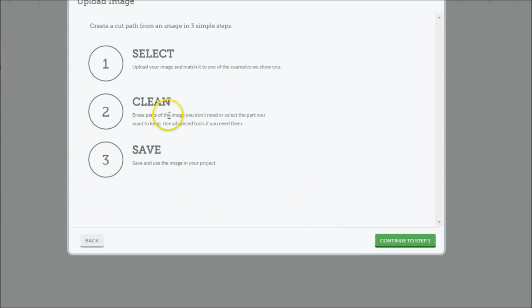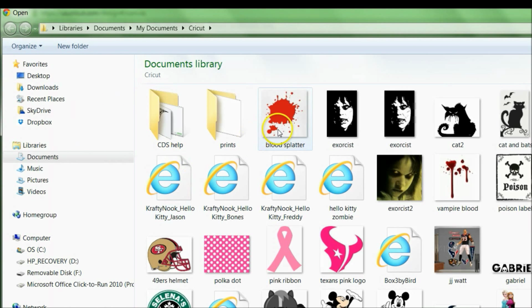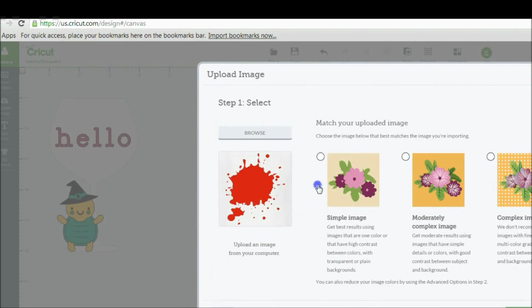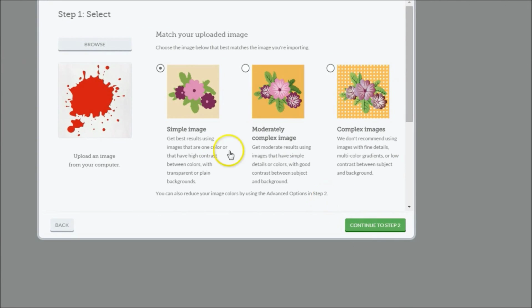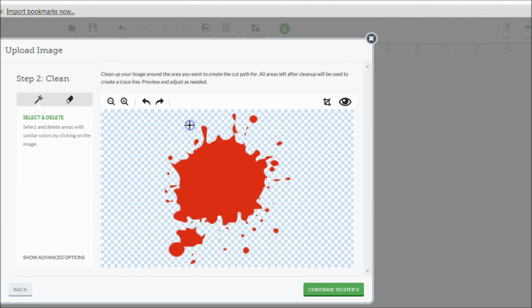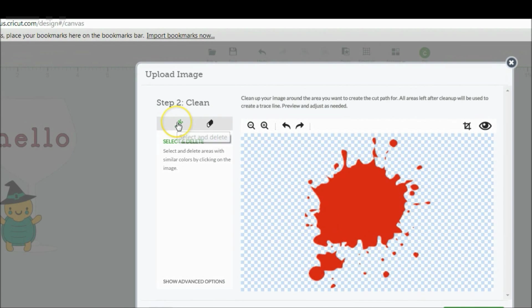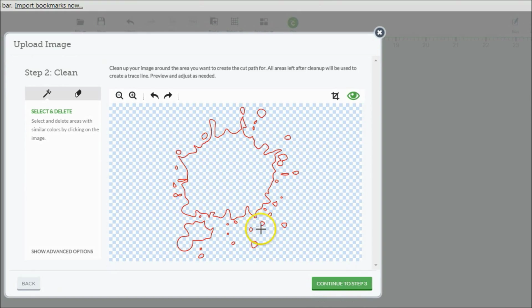So if you click on basic upload and continue to next step, this is where you're going to browse wherever you saved your images. So let's click on a blood splatter. As you can see, I've been working on Halloween decorations. So this is a simple image, and I would just use simple image because it's only one color going on here. And I would delete using this magic wand the white area because I only want the blood splatter